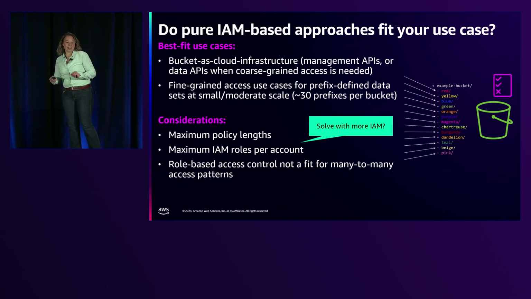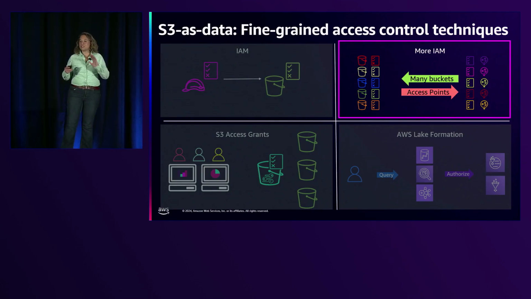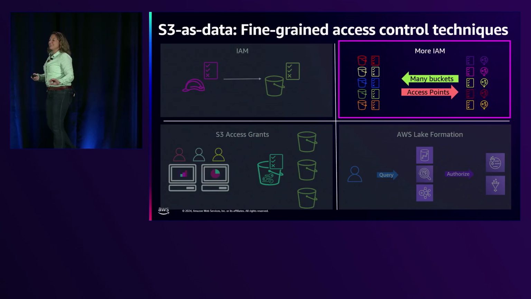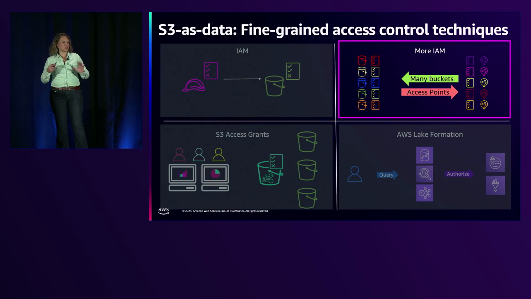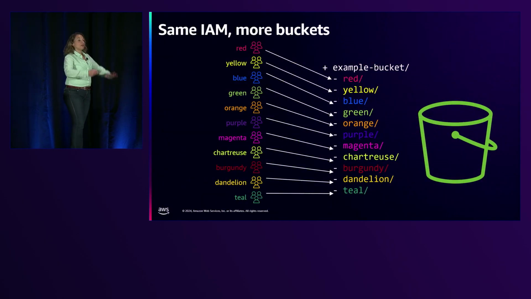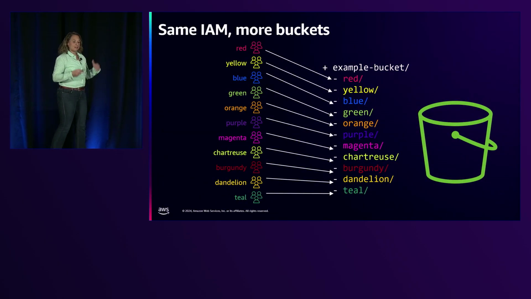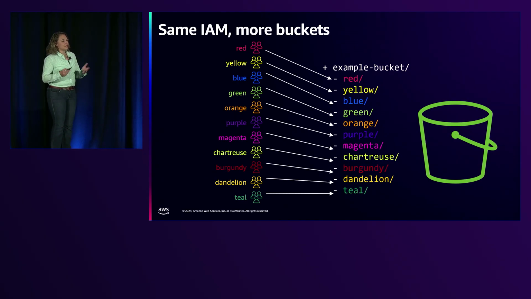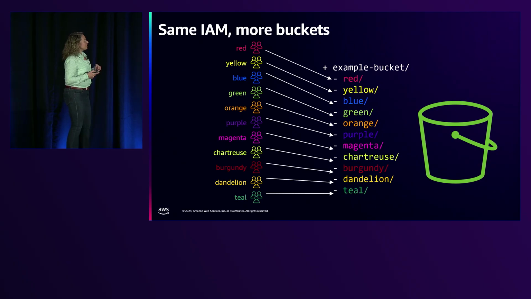And in many cases, you'd be right. So we're going to actually talk about the ways to get more IAM out of S3. And there's really two different things that you can do. One thing we could do is, instead of having each of these colors as a folder in my bucket,